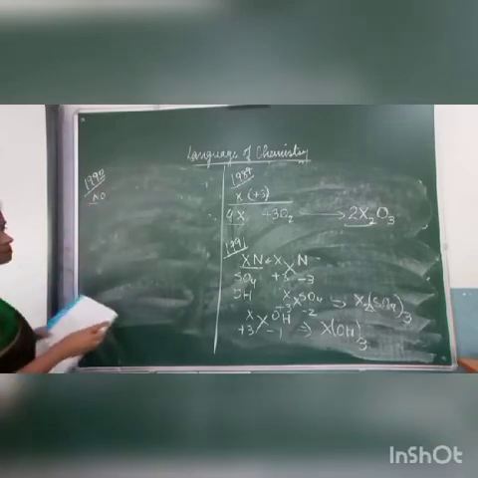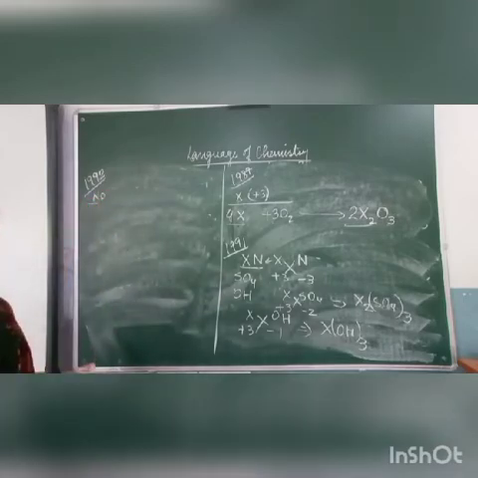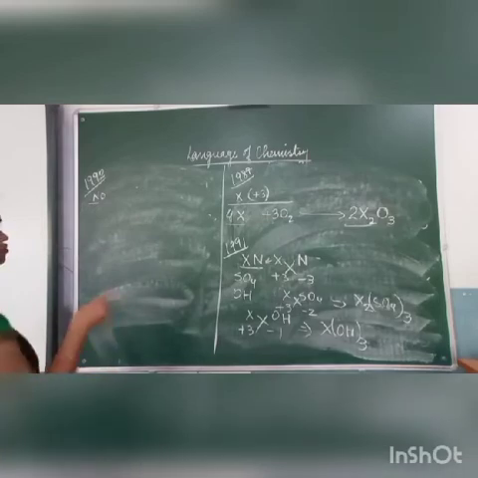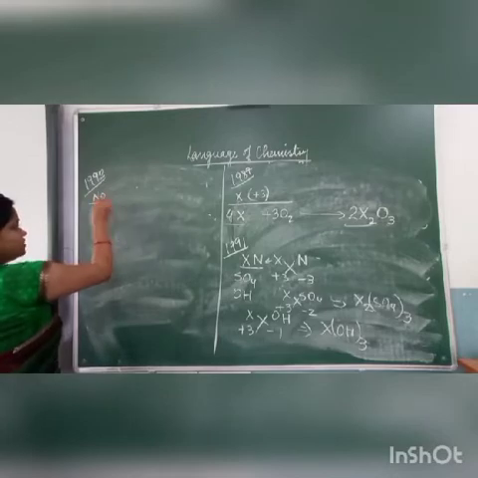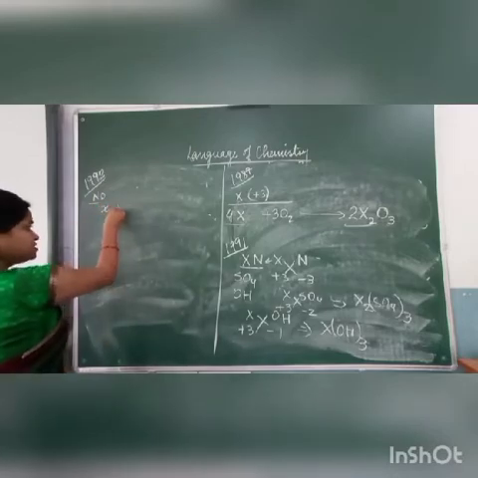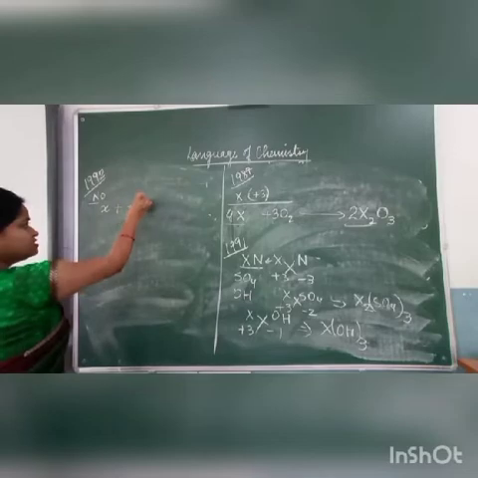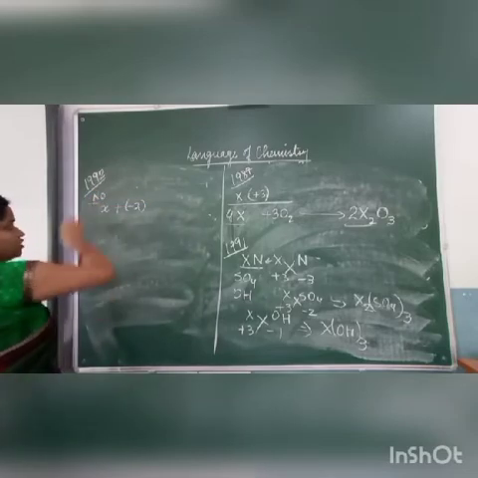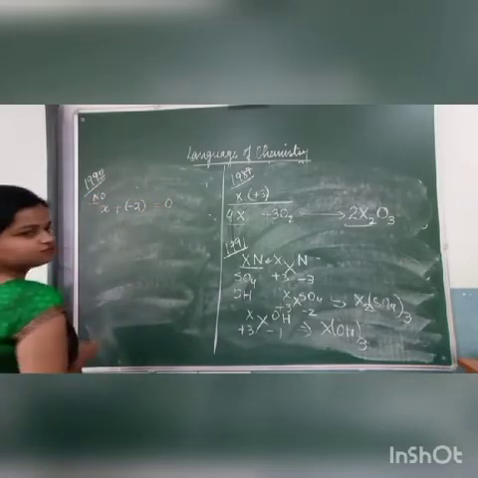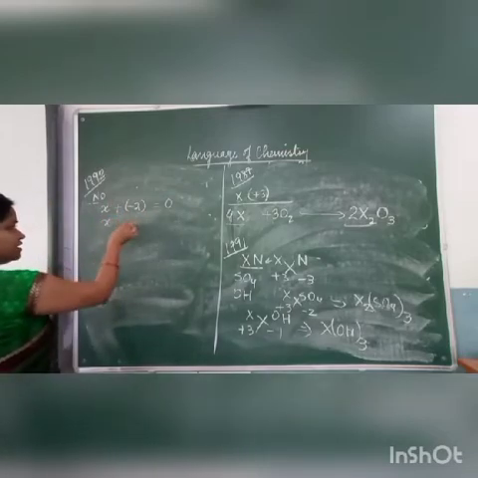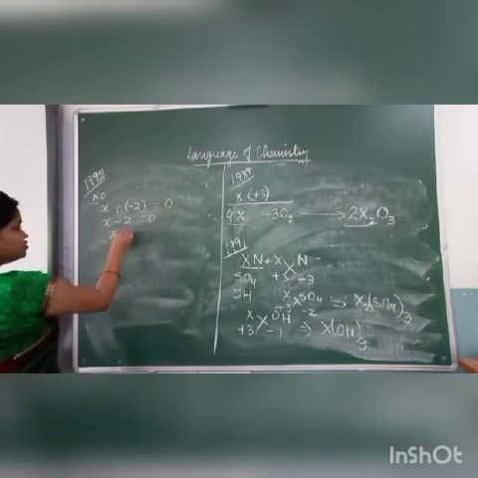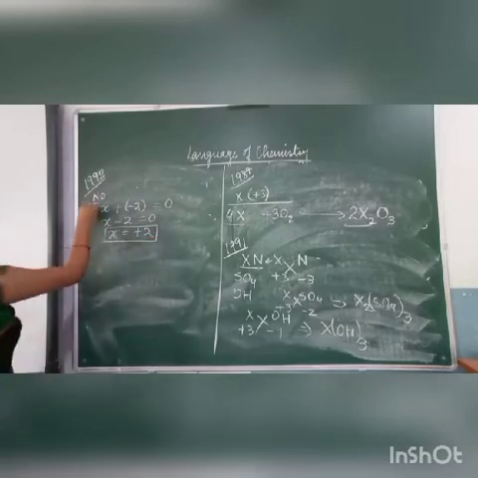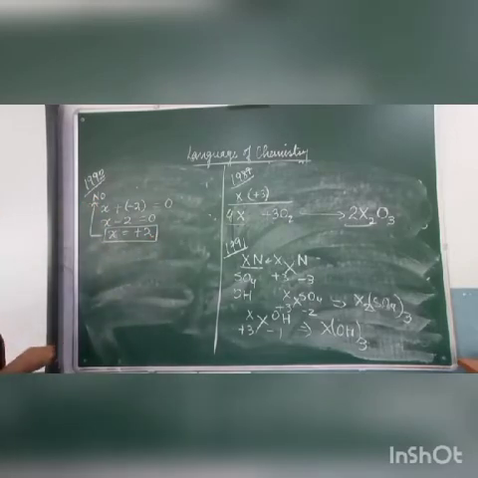In this case, oxygen's valency we know. Oxygen is having minus 2. So what are the steps we will follow? We calculate with respect to N, and we will write X plus O, which we know is minus 2. Now overall no charge is given, it means 0. So X plus minus 2 is equal to 0. When this minus 2 goes to this side, X is equal to plus 2. Means here this N is having plus 2 valency.